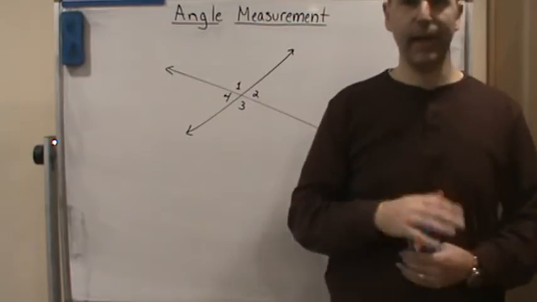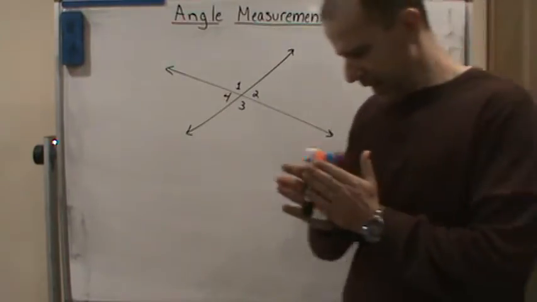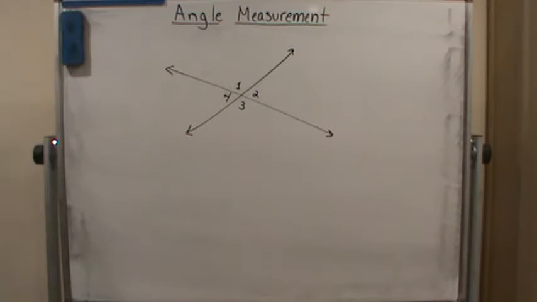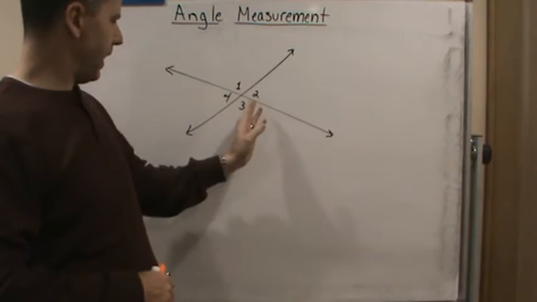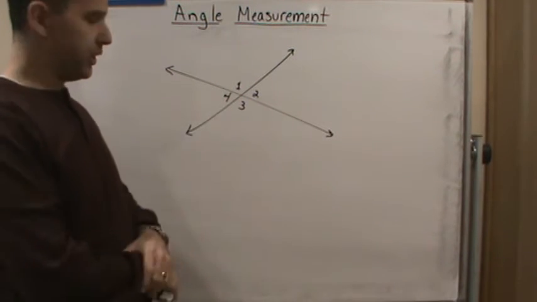Okay, welcome back, and now we're going to talk about characteristics, some properties of angles, that we can use to help us solve different scenarios. Okay, so I've drawn a couple of lines that intersect, and so I've labeled each of the four